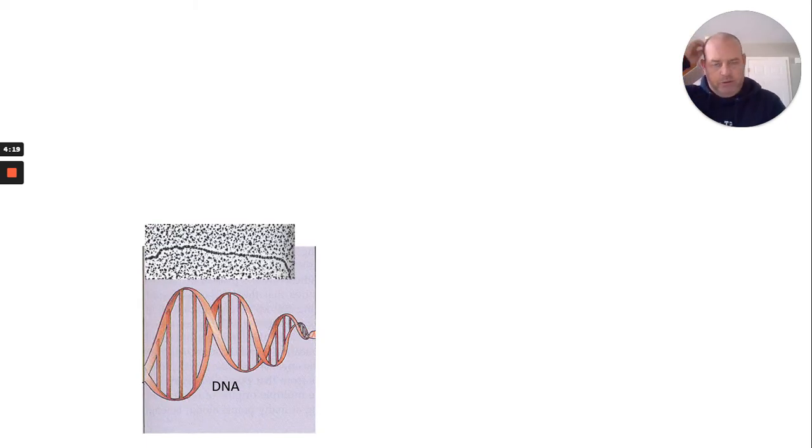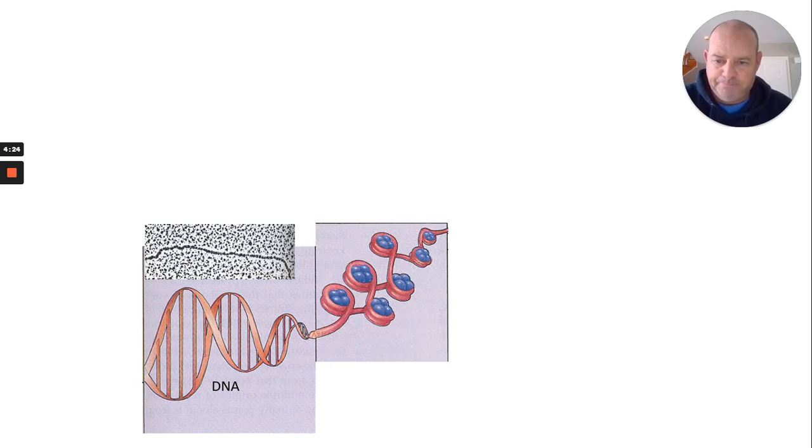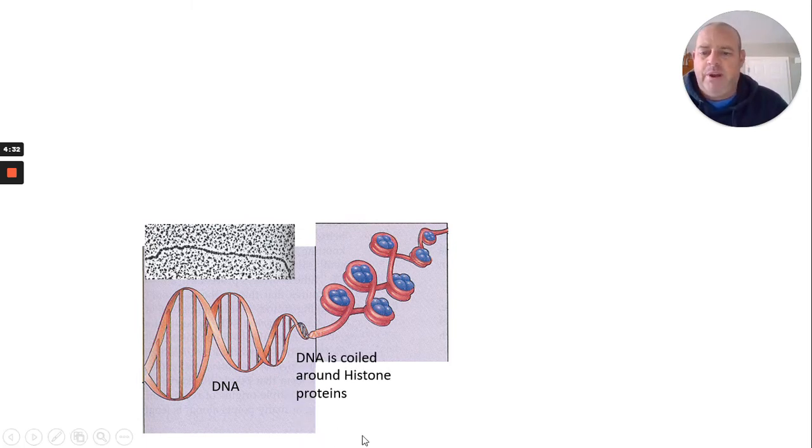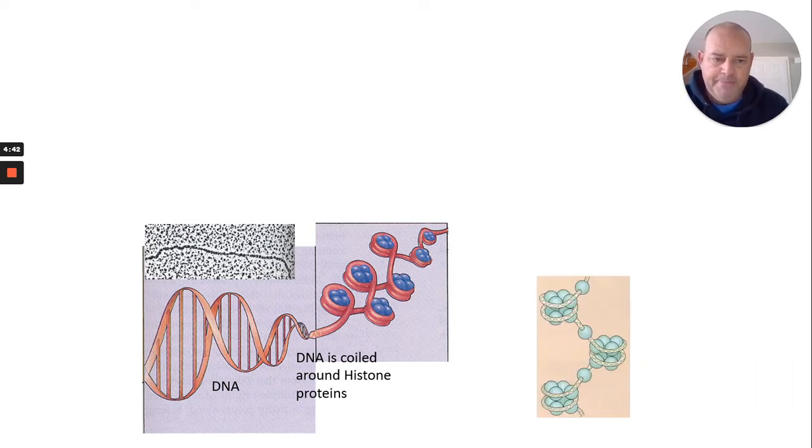So in order to go through this, we kind of have to look at the anatomy of DNA and the anatomy of a chromosome again. So DNA, you guys know, starts with the helix, right? And then DNA gets coiled around these proteins that are called histones. And all of those bluish purple little spheres in there, those are the histones, okay?